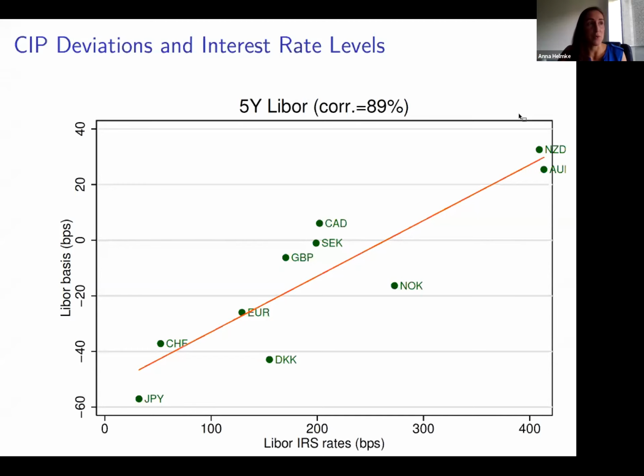Okay, the next question is actually from Nina. Was there any interesting behavior in the 1 week CIP deviations at the end of the quarter before 2008? Were the reporting requirements different then? It's a very good question. The reporting requirements were different. The reporting requirements really changed in 2015 for those European banks, and actually all the banks. The rule is just stricter for the European banks. But before 2008, we didn't have the same rules and we didn't have the same requirements. Yes. Okay. 2015 is the date to keep in mind.